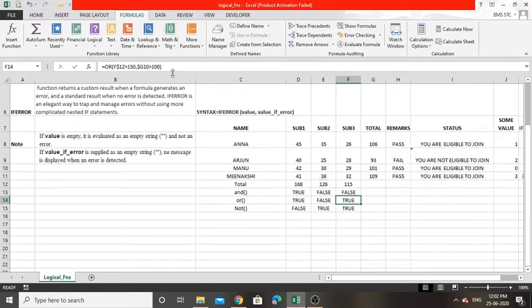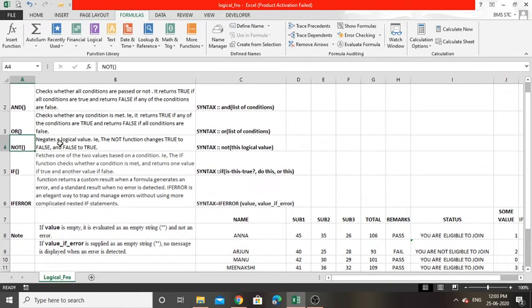What about the next one? Here, is 115 greater than 150? No, it is false. The first condition is false. What about the second one? The second condition is true, as 101 is greater than 100. So here one condition is false, but the second condition is true. So false plus true should result in true, right? So it resulted in true.